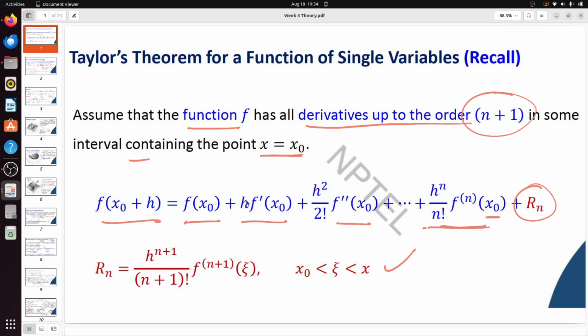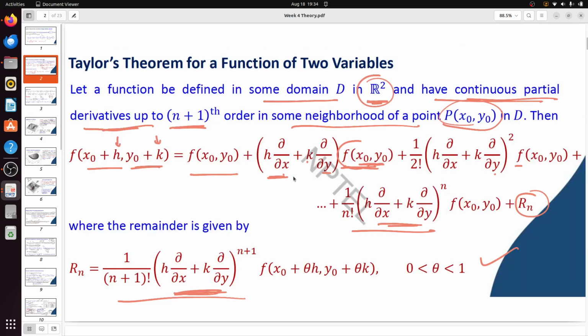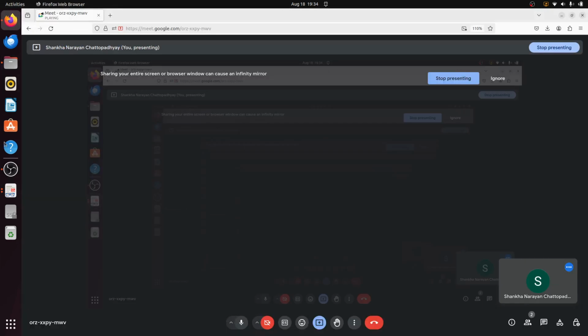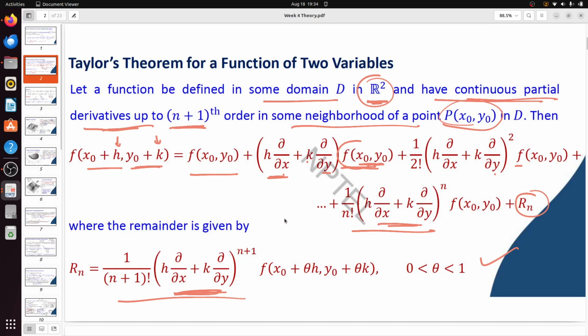So I will move to the next problem: Taylor's theorem for a function of two variables. How to generalize Taylor's theorem for a function of two variables? Let a function be defined in some domain D in R squared and have continuous partial derivatives up to n plus 1th order in some neighborhood of a point P(x naught, y naught) in D. Then f of x0 plus h, y0 plus k can be written as f of x0 y0 plus h del by del x plus k del by del y f at x naught y0